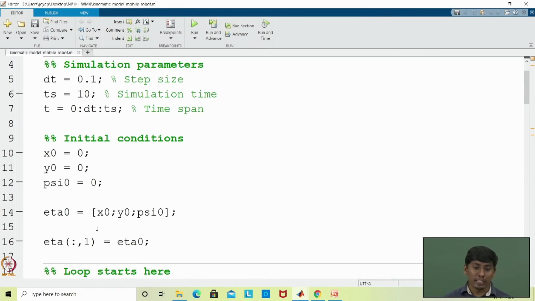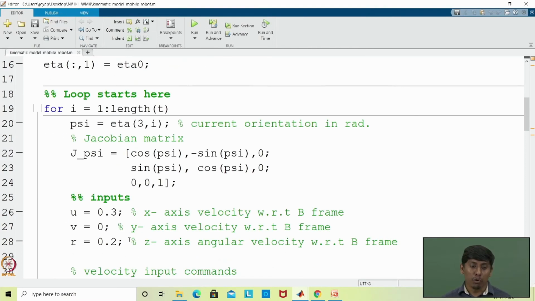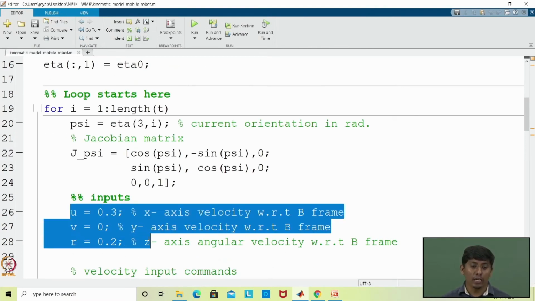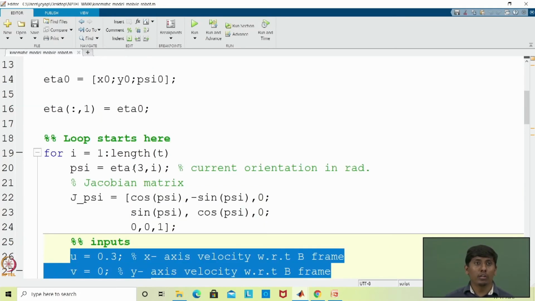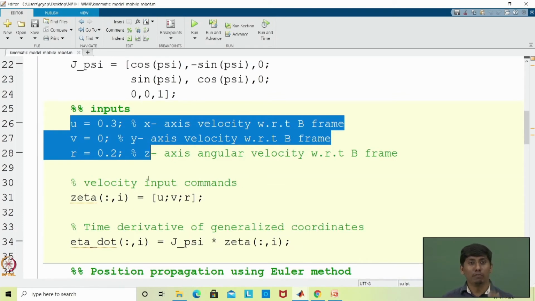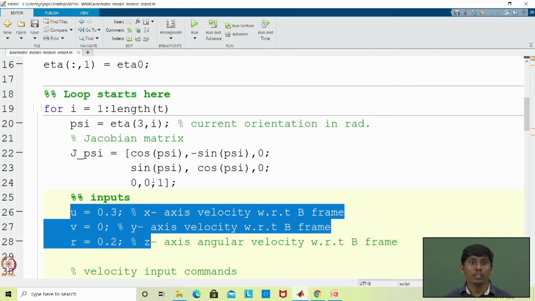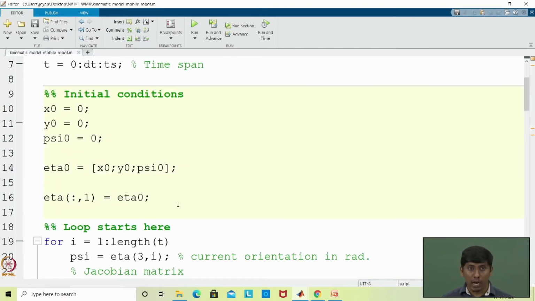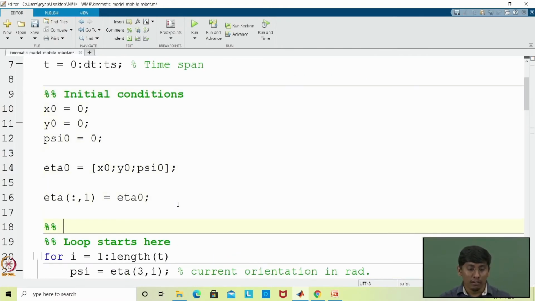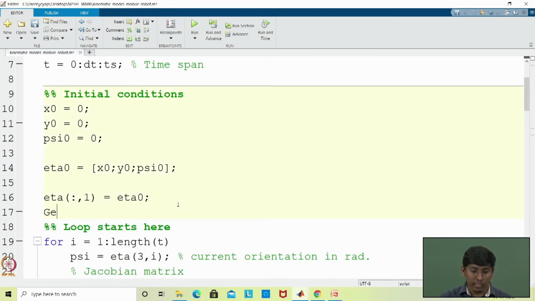For example, I said that eta is given, but what we have taken as inputs, u, v, r, we have straight away given as a user command. But now this user command would go away. What that means is this input would be defined based on eta desired and eta desired dot. So for that, I will add a new thing, which I call desired parameter, or desired states.